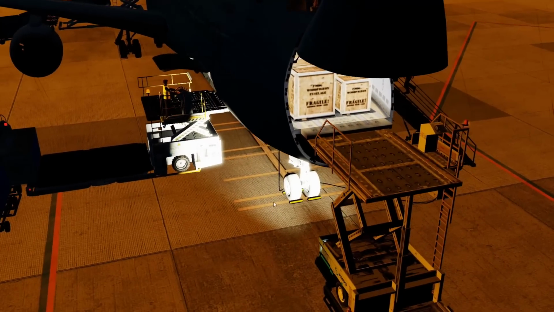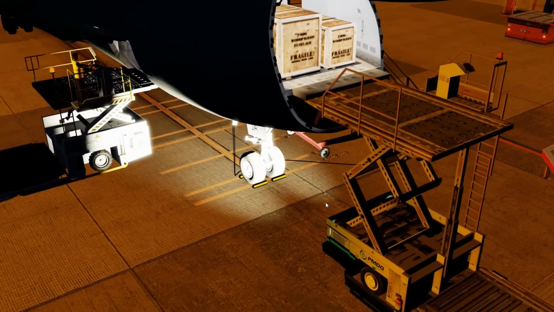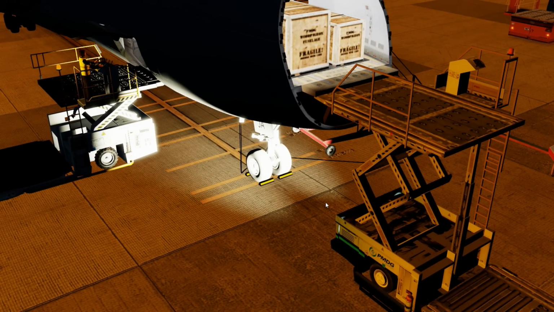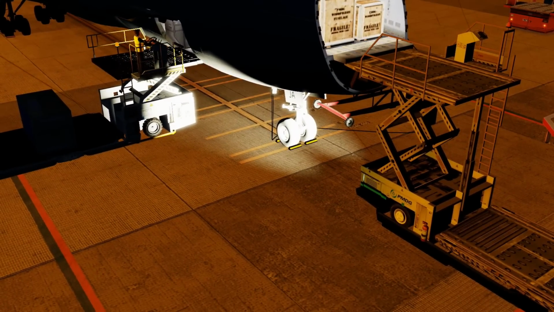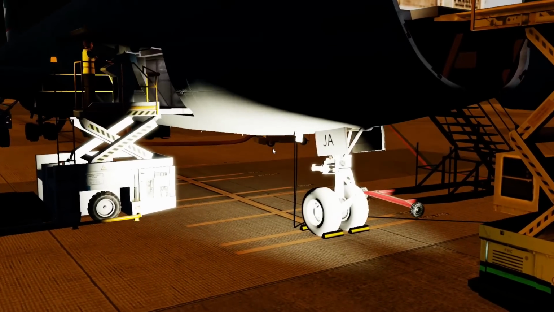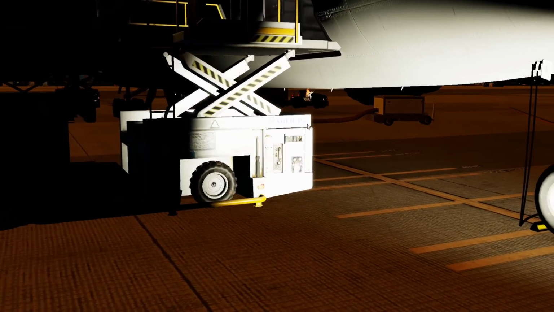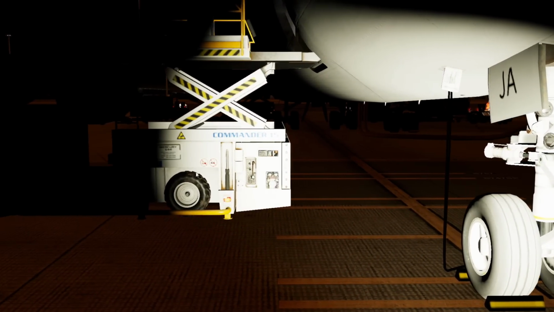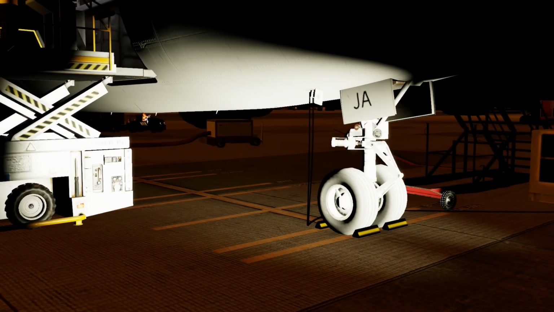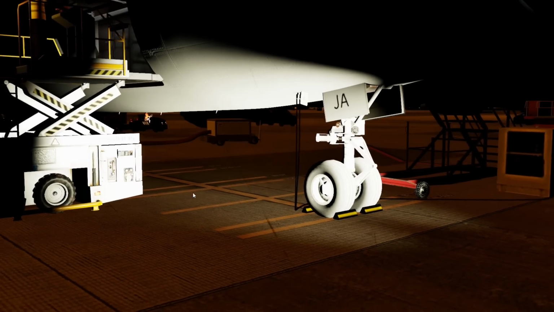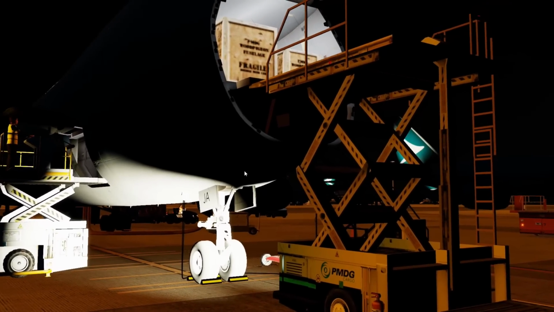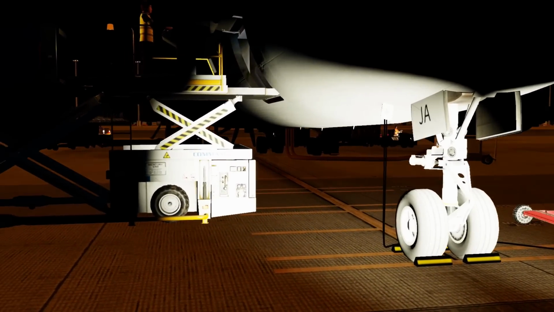So PMDG is there, nice. GSX loading up its cargo. Yeah, for now, the lighting on certain things that were originally, I don't know, version 4 of Prepar3D lighting seems to be super bright for Prepar3D version 5, as you can see. Yeah, that is just way too bright. Or maybe it isn't too bright, maybe their bloom is too high. Let me check if my bloom setting is... No, my bloom is not too high. So, it's just really, really bright. It just needs to be turned down a bit, and then that'd be fine, really. Anyway,